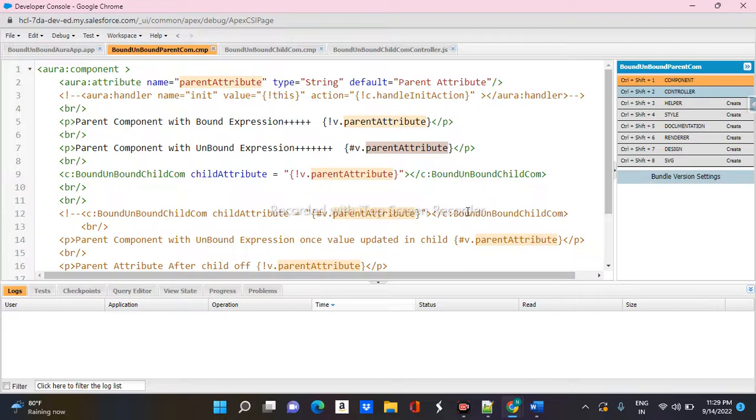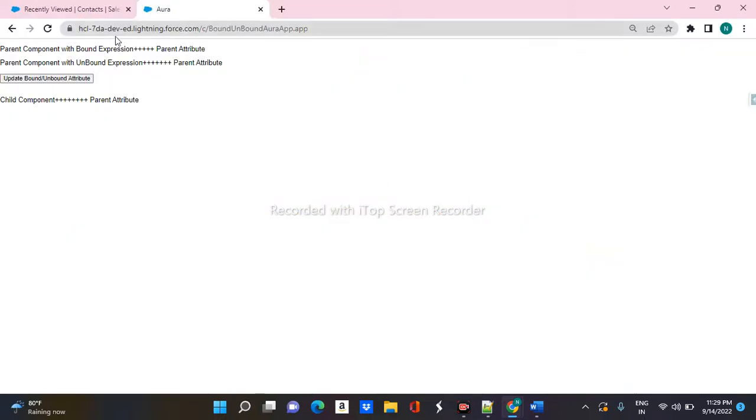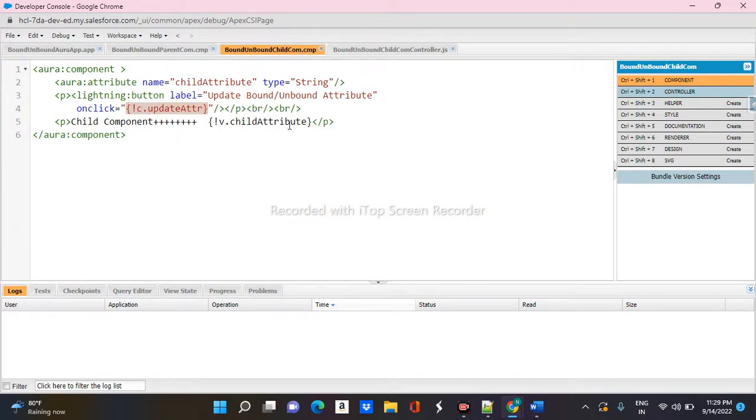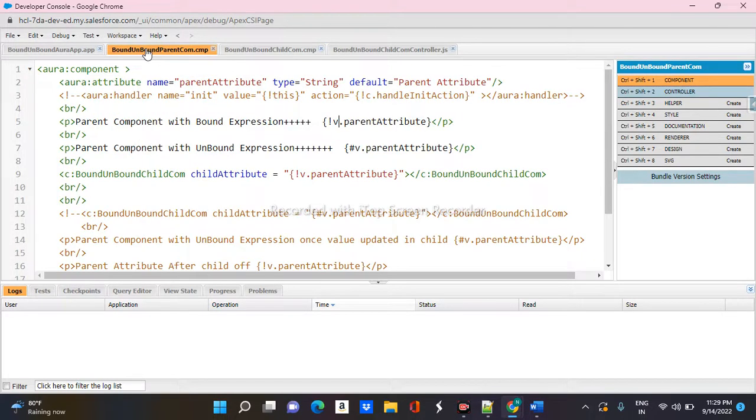So let's start, like we were on the bound. So I said this value and this value is going to change. So let's click on this, change in the child component. Okay, if you go here, I have used unbound expression, bound expressions to print it, and here bound expression. So now you see, in case of bound expression,